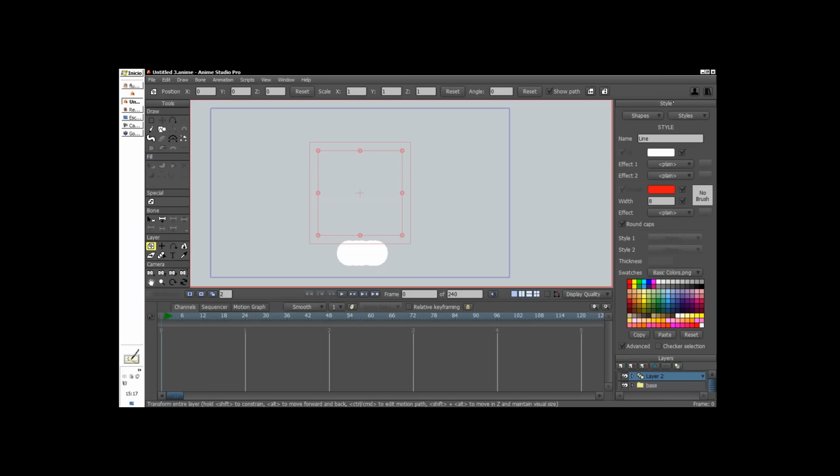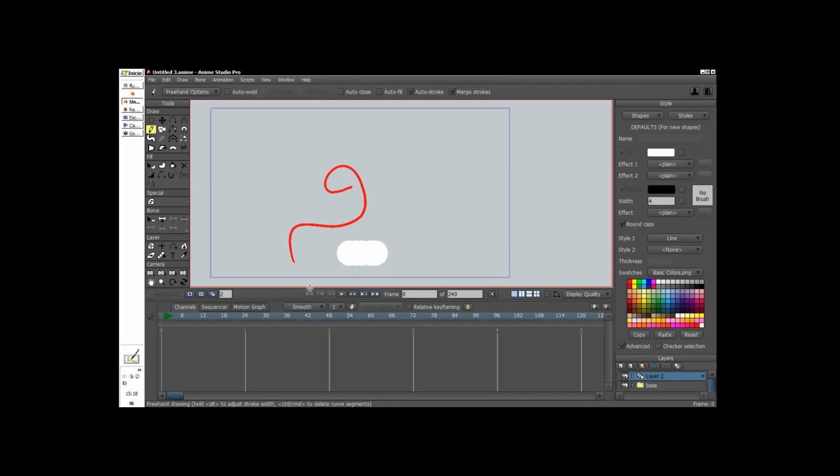Once I am ready, I go again to styles here and set none. When I set none, I go back to the normal color window, which is the default color. If I change a color here and paint, my new shape will be painted with the default color. Here in the default color, I have the style 1. So I will set style 1 as Line. So I have my line set up, and that means that every line I create will be red, because my style is red. Even when the default color says black, the software ignores the black color and paints it red